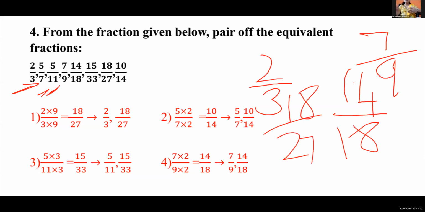Okay. So 2 upon 3, 18 upon 27, 7 upon 9, and 14 upon 18. These are the fractions which are equivalent to 2 upon 3. But we have to take only one. If we used all four, then what would the remaining fractions get? So we are taking only one fraction. But these 4 denominators are coming in the 3 times table. Correct?